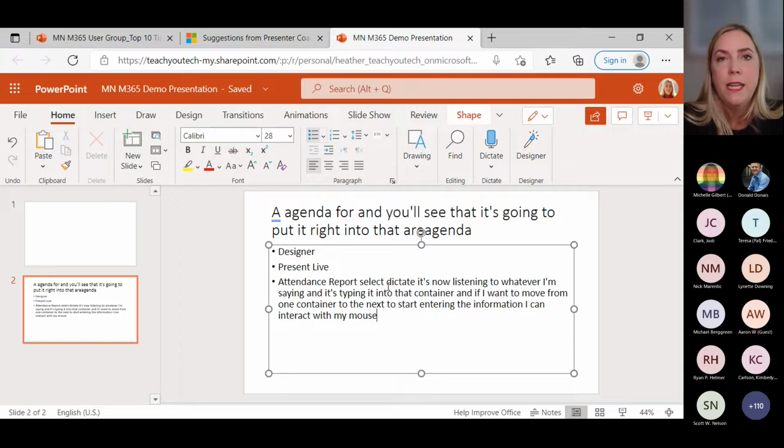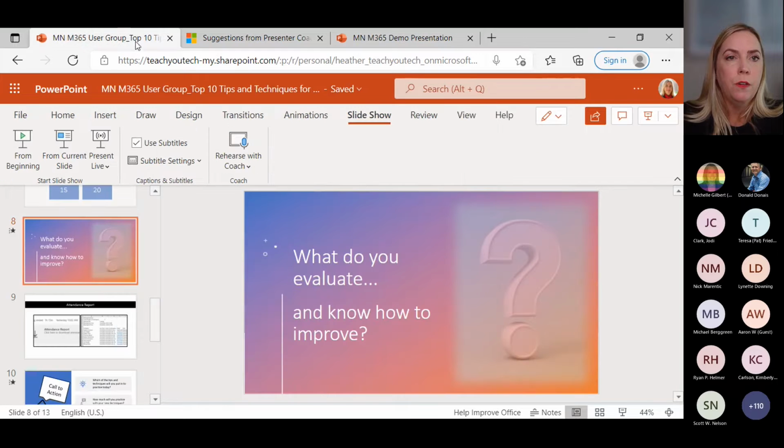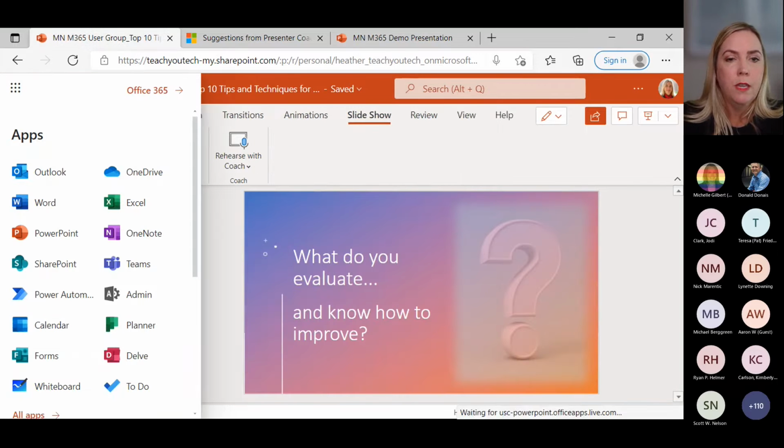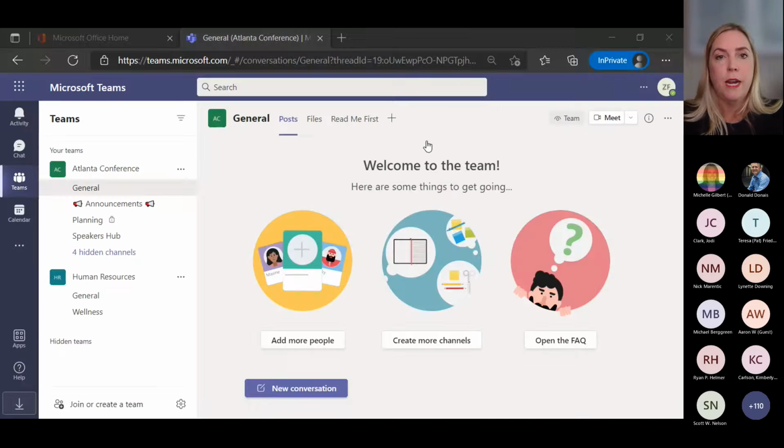This meeting that we're in, let's pretend that this meeting were taking place within Microsoft Teams. Now I'm going to go ahead and switch over to Microsoft Teams. I have another browser here set up that I already have it up in. So let's imagine we're all working in this Atlanta conference. We're going to have a Microsoft 365 conference in Atlanta. I know you're all in Minnesota, most of you are, but let's pretend.